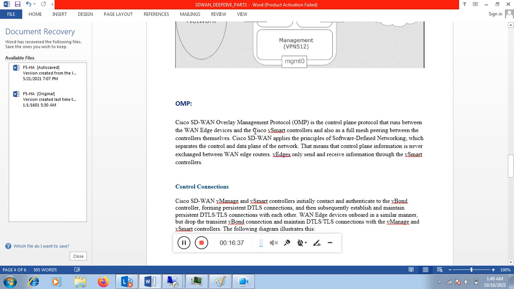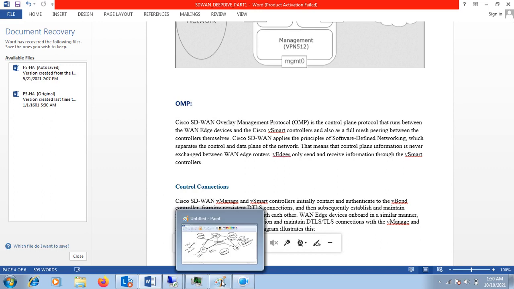Cisco SD-WAN Overlay Management Protocol is a control plane protocol that runs between WAN edge devices and the Cisco vSmart controller, and also a full mesh peering between the controllers themselves. Cisco SD-WAN applies the principle of software-defined networking, which separates the control and data plane of the network. That means the control plane information is never exchanged between the WAN edge routers. They only send and receive information through the vSmart controller.